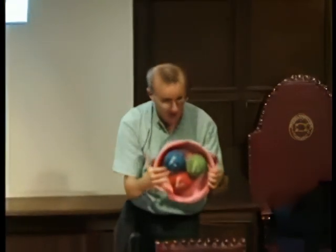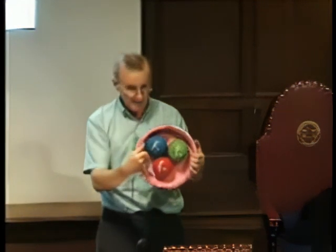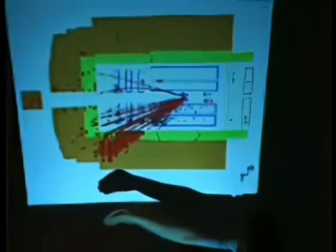Now, let's think about the proton beam. Imagine you're a proton beam. A proton is a complicated thing. It's got all these quarks inside and a lot of other force field mess that we'll talk about on another occasion. So when you get hit violently, you get smashed up into bits. And the bits fly out into the detector, and those are the red trails that you see down there. They're the shattered proton going off in that direction. The trail up there